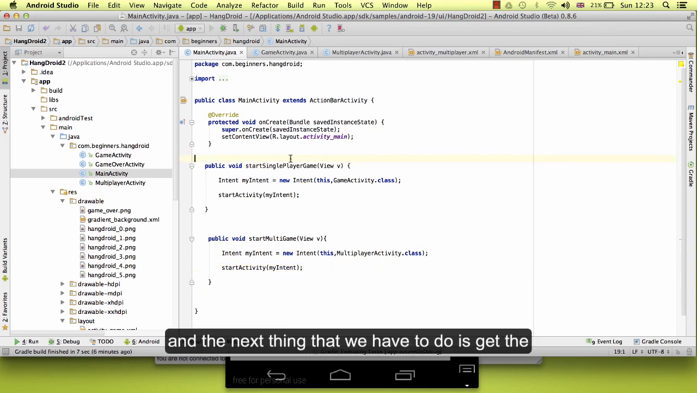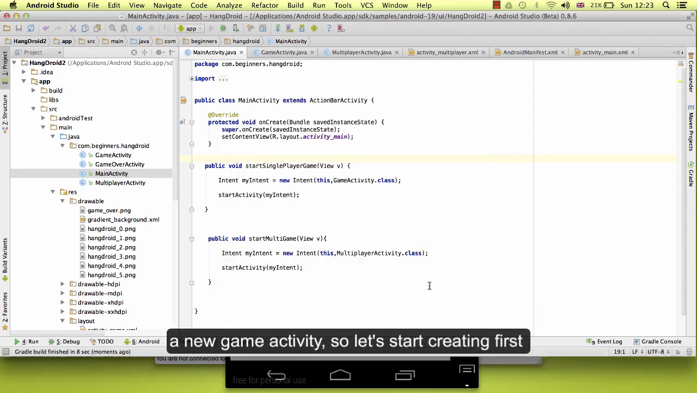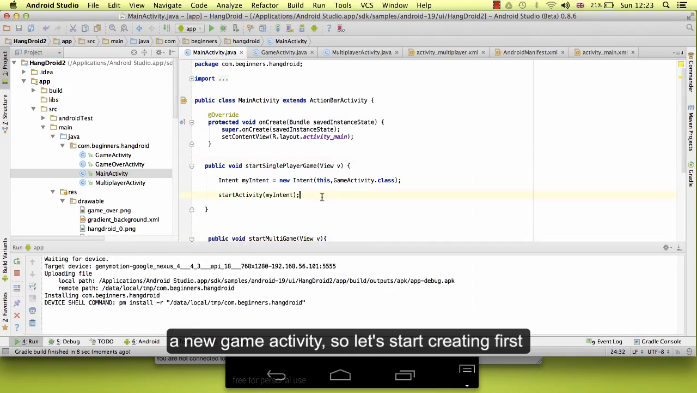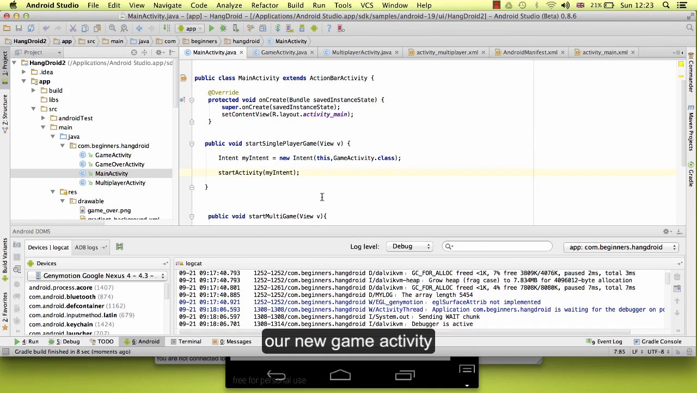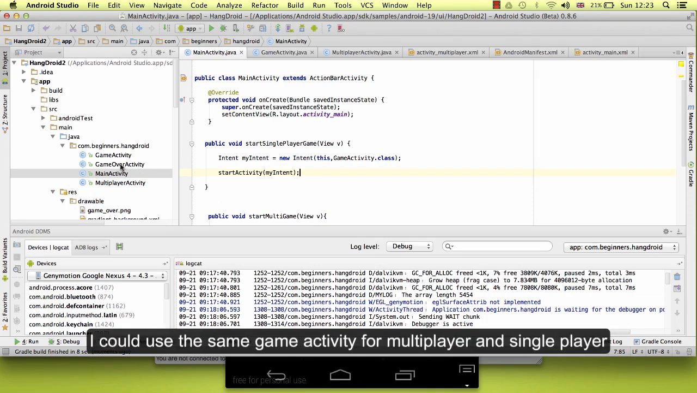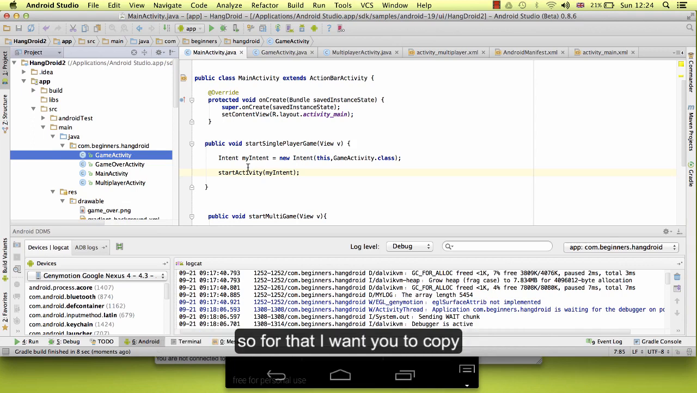And the next thing that we have to do is get the value from the edit text and send it to a new game activity. So let's start creating first our new game activity. I could use the same game activity for multiplayer and single player, but we are going to add some small modification. So for that I want you to copy the game activity and I want you to paste it